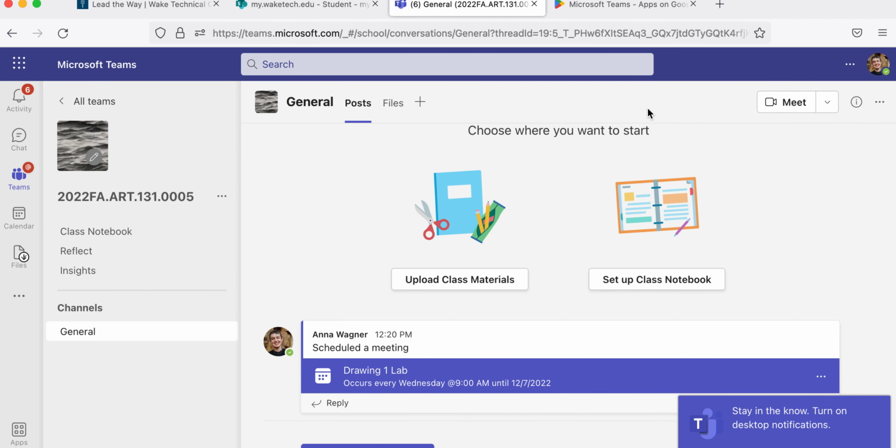Another thing that I'd like to bring up is that I really recommend downloading the app for Teams, because sometimes if you're accessing Teams through Wake Tech in the way that I just showed you, some things can be a little glitchy, or it can be hard to comment and chat with your team members. So what I would recommend is